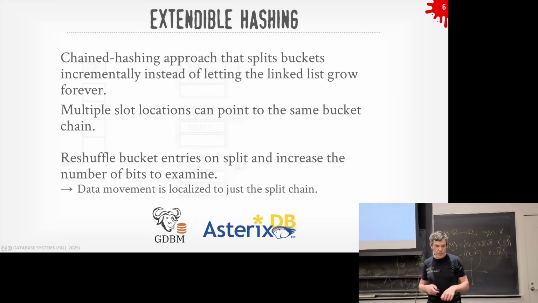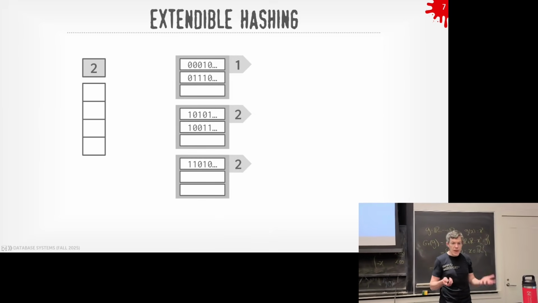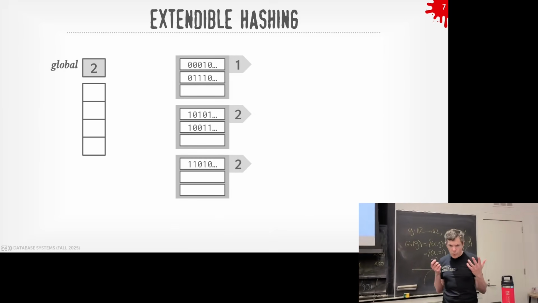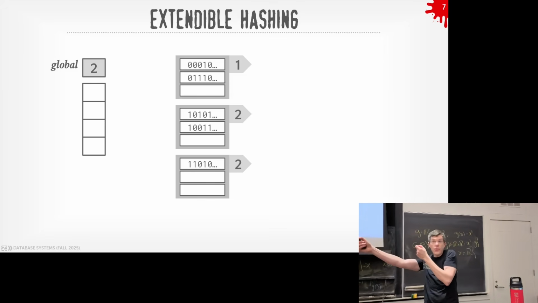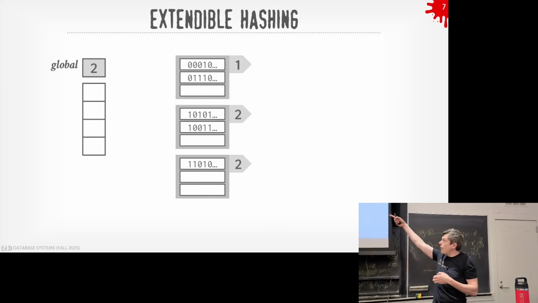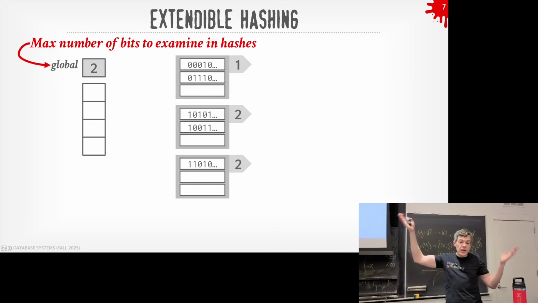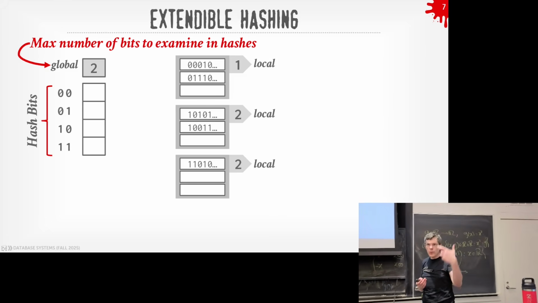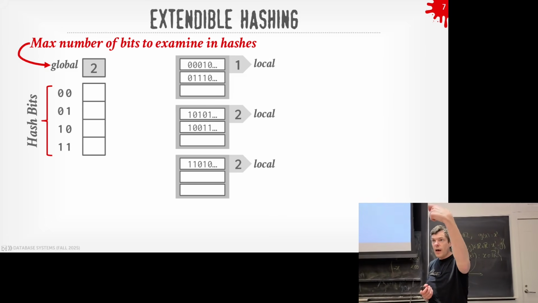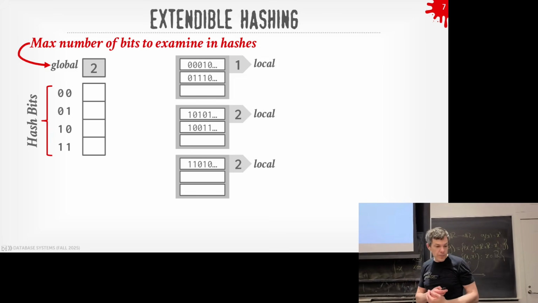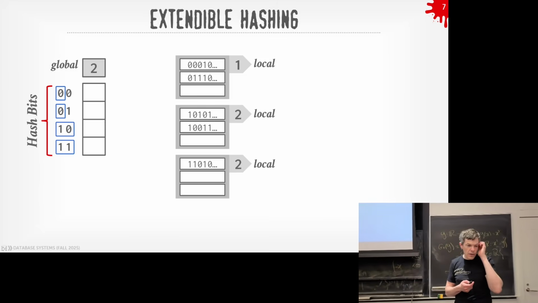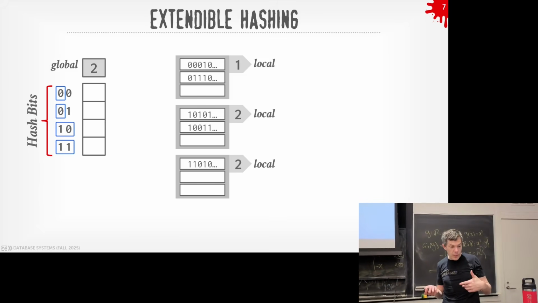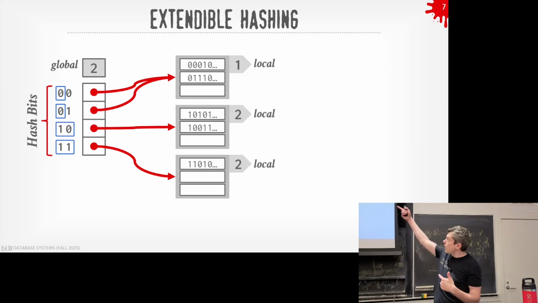In the case of extendable hashing, you have this notion of a global bit counter. Basically, it's the number of bits we have to examine in our hashes. When we hash a key, we're always going to get 32 bits or 64 bits. This global marker just says how many bits we actually need to examine to figure out where to go. Then we had this bucket array that corresponds to bits that are part of the hash values. In this case, some of the buckets only require 1 bit, and they end up pointing to the same bucket.